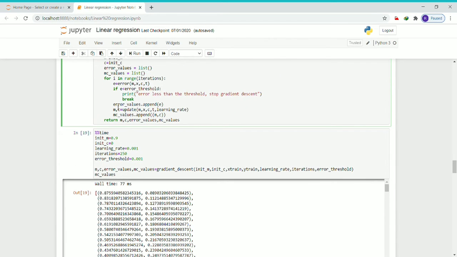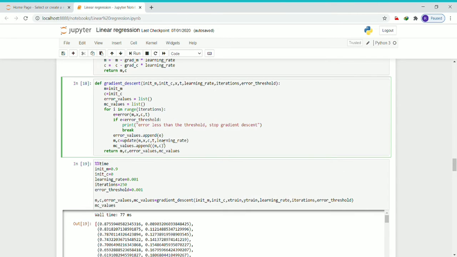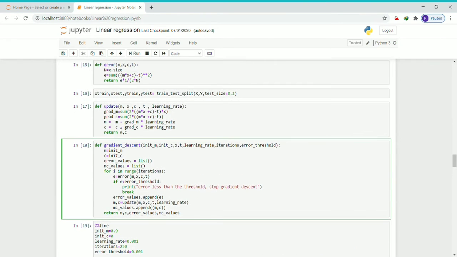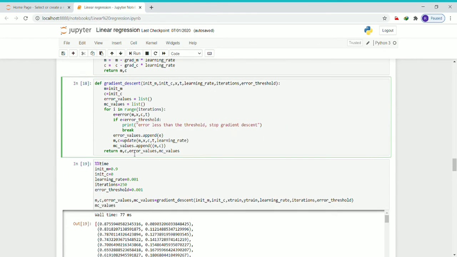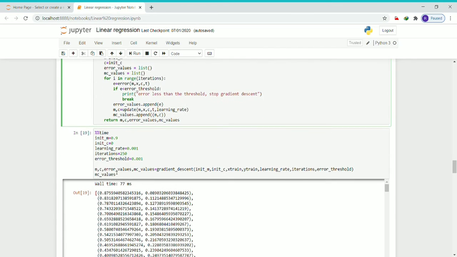Otherwise, it will append the error values. The mc values are provided by the update function, which takes 5 arguments and gives the updated values of m and c, and these mc values are appended in the mc values list. This gradient descent function returns four values: m, c, error values, and mc values.